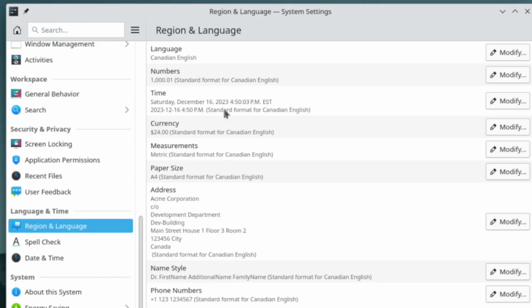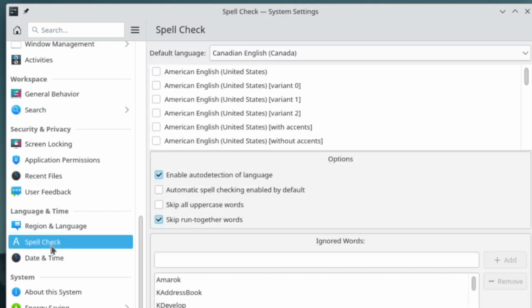You have different settings about the time format, the currency format, etc. All about the language. And we have here the spell check. It is the one that comes with the KDE system. You can choose the language you want to use and configure some words you want to be ignored on this